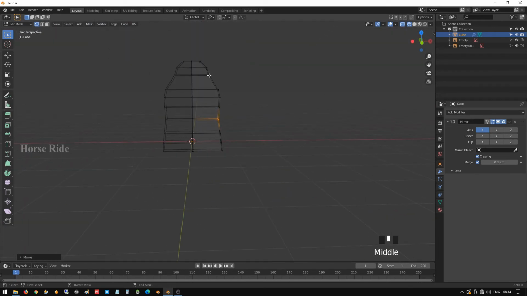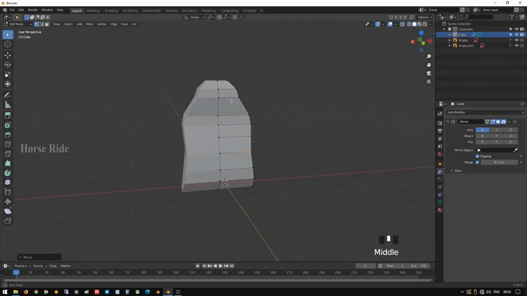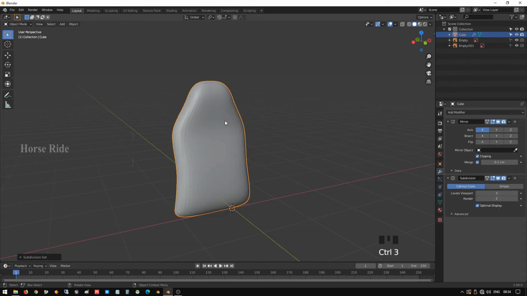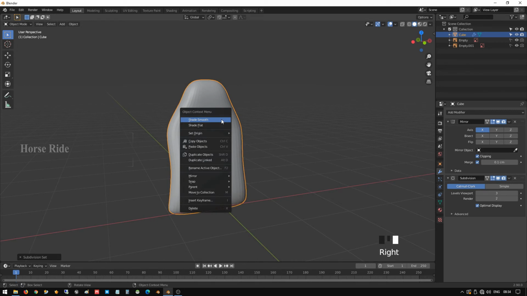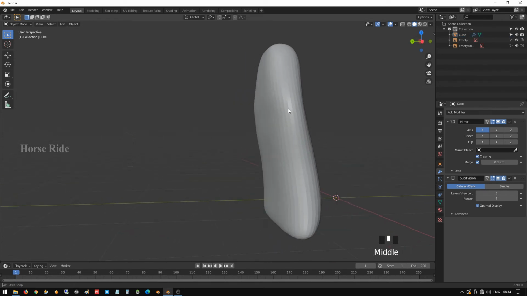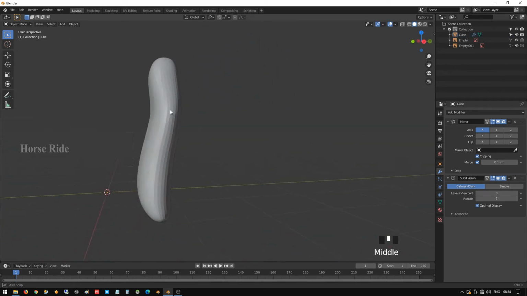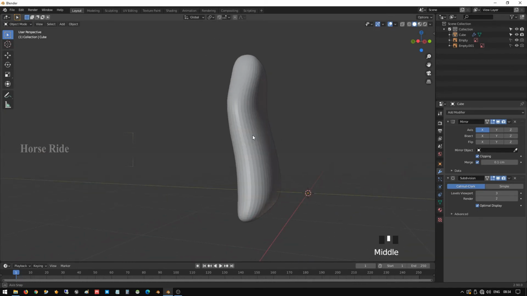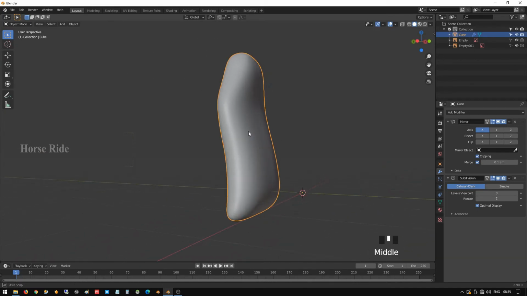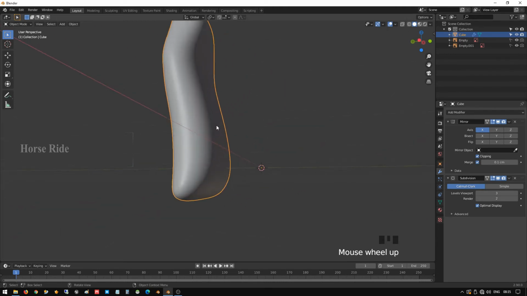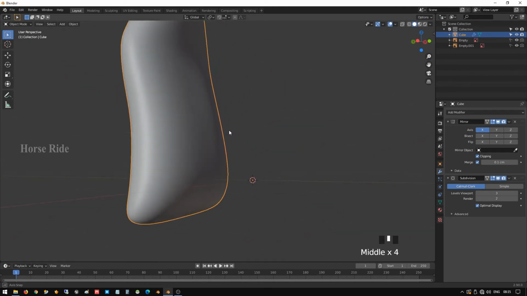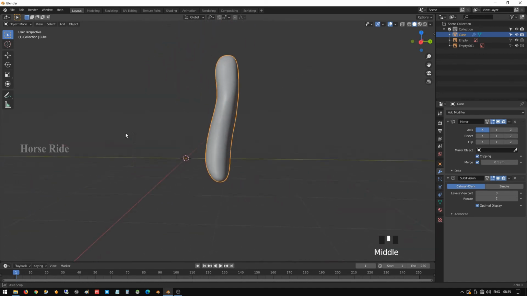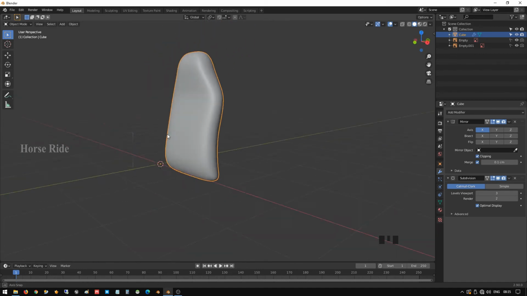Now we have some exact shape. Control Shift Z, and go to object mode, press Control 3 to do the smoothing and sharpness. Now we can view our simple basic shape ready here. Right click and shade smooth, select, right click and shade smooth. Okay, here you can see our basic shape is ready for us.